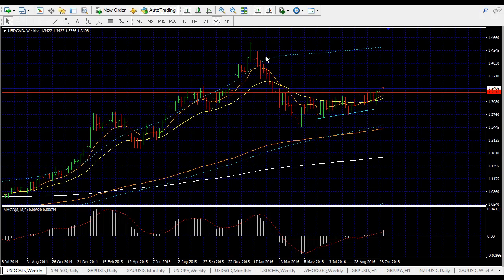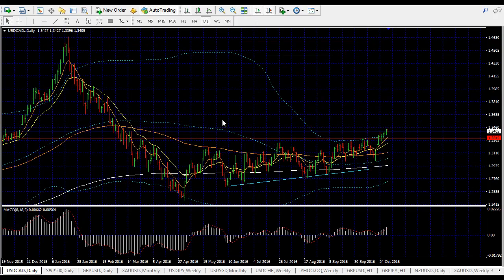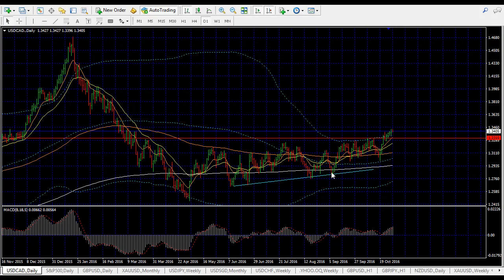And last week itself, it did move up from the area itself, because dollar CAD has been consolidating in this area for quite a long time. And this is a pretty crucial area, and it has been trying to break through, and previous week it broke through, and it has been an uptrend since. But as for now, I would say